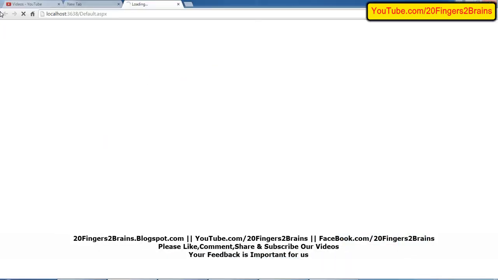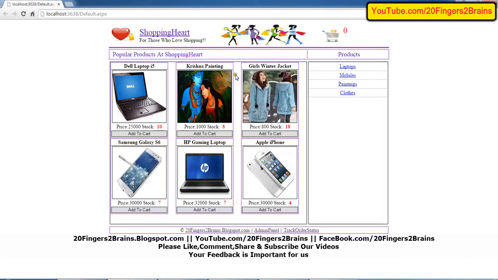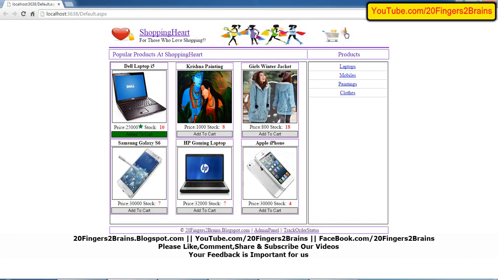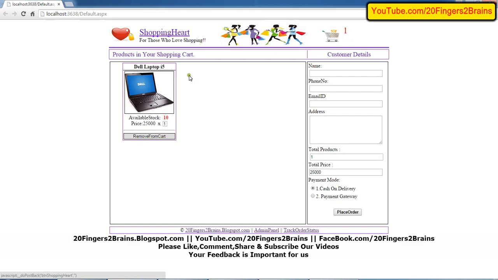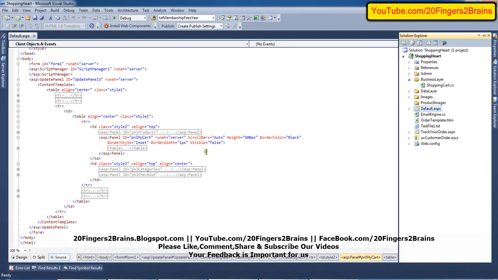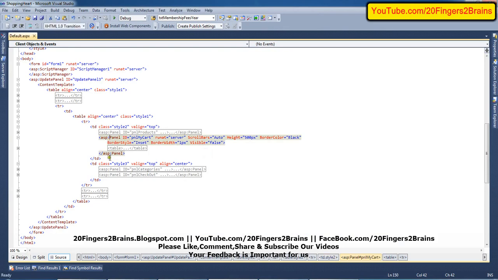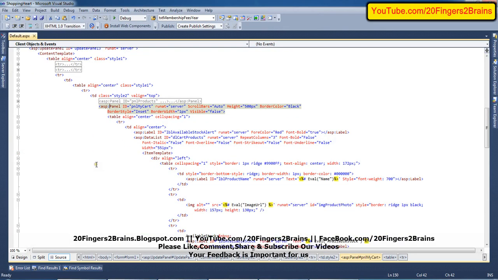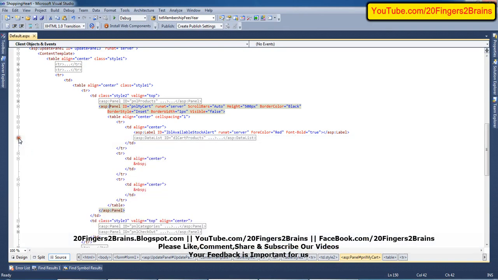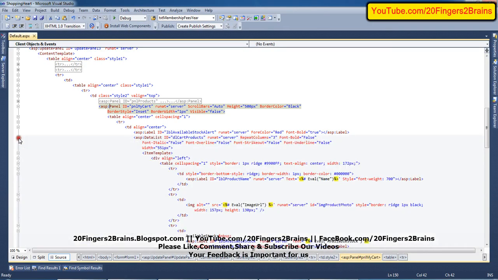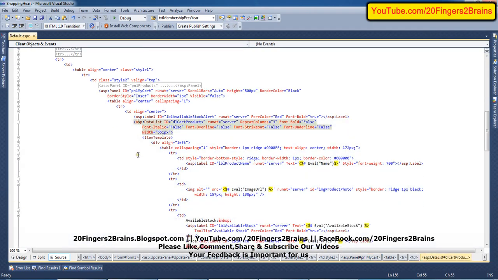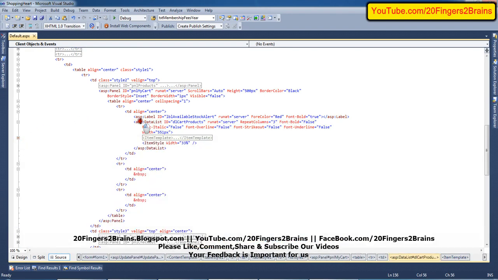This PNL My Cart and checkout form are displayed only when the user clicks on the shopping cart. When the user clicks on the shopping cart, at that time only my cart and the customer details are visible. So here we have my cart. Inside that we have a table. This table contains